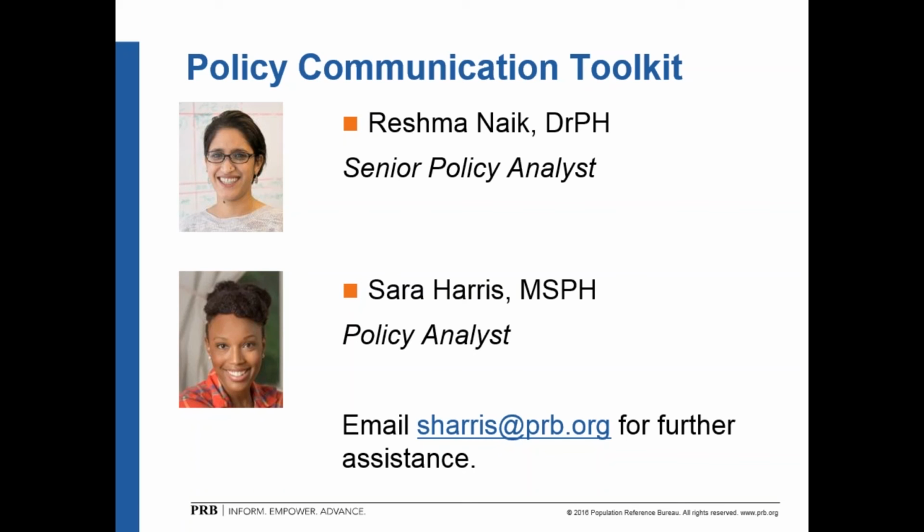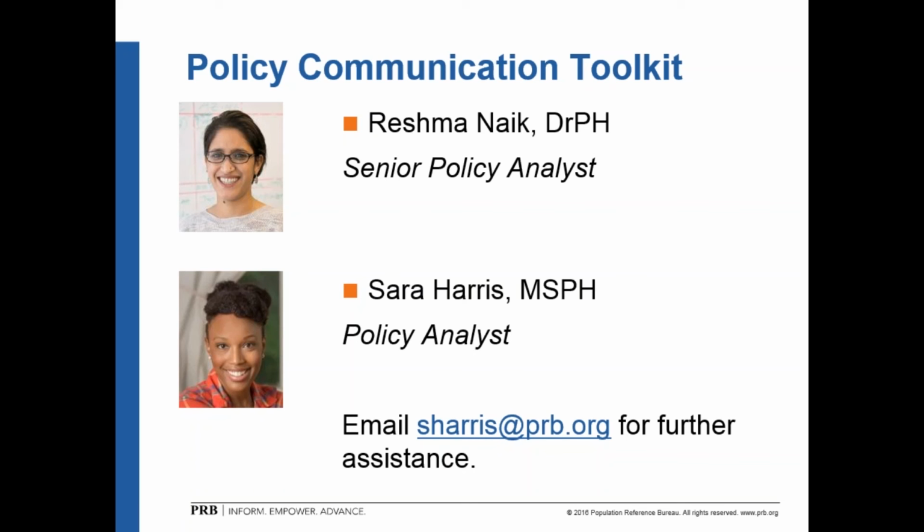Now, creating the recommendations in advance does require a bit of work on the participants' end to think about how their research can apply to policy change. So we speak about the various steps in the policy process that can guide participants on creating relevant recommendations. But the toolkit is not directly concerned with creating recommendations as much as it's more concerned with conveying those recommendations.